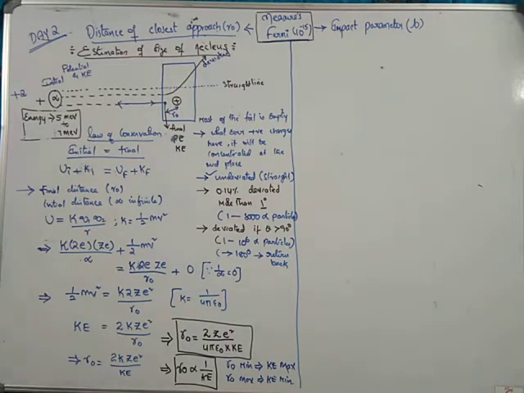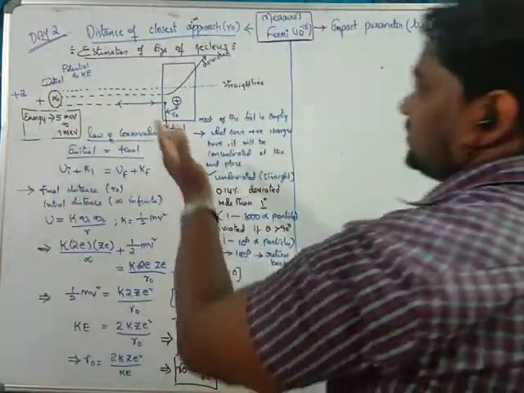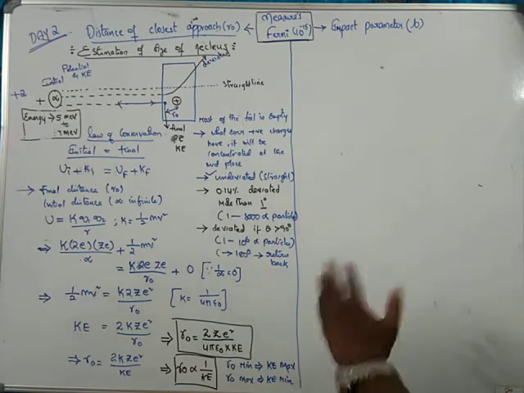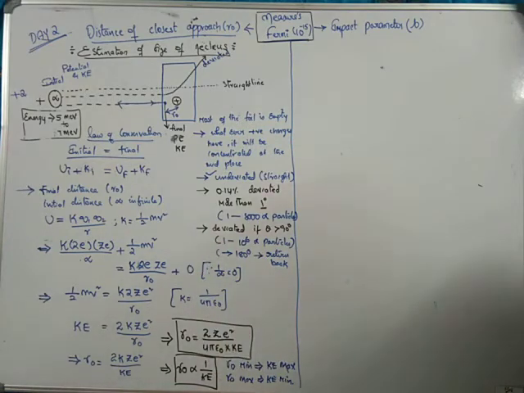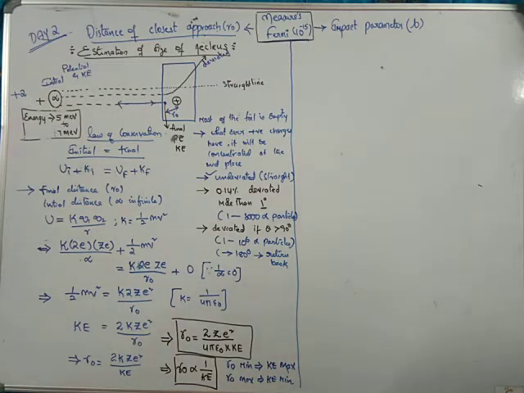So now look at the derivation. Initially we consider the distance of closest approach r naught estimation. Initial conditions, we have a difference, and already these are the previous terms. Based on the previous terms we calculated the rest. At the end we get r is equal to 2 into Z e square by 4 pi epsilon naught into kinetic energy.